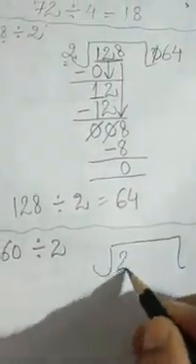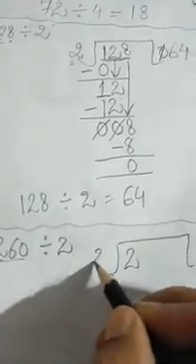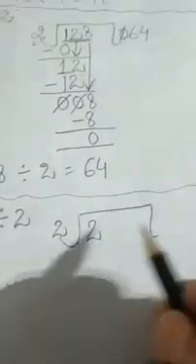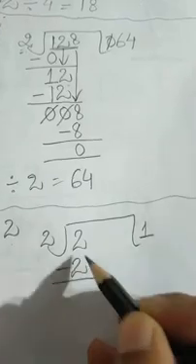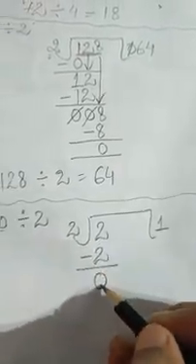Yes, only 2 we will write because here are 3 digits. Only 2 we will write here, and we will divide it by 2. Now when we see the table of 2, we got here 2. 2 ones the 2. So here what we will do? 2 minus 2, 0 will be there.